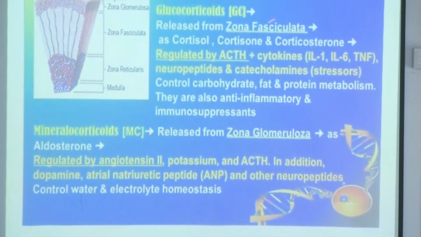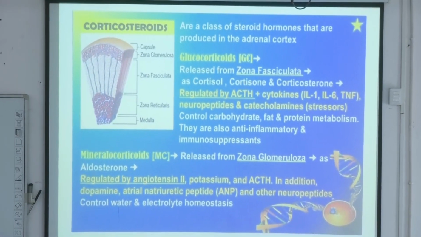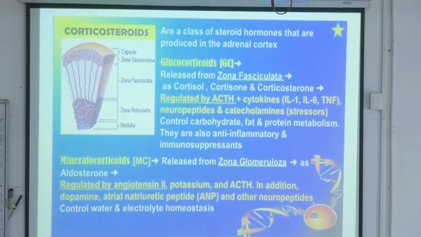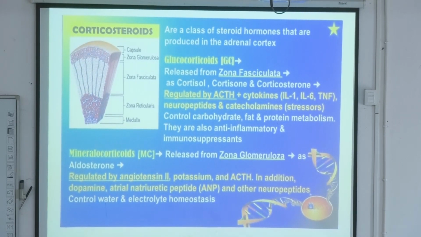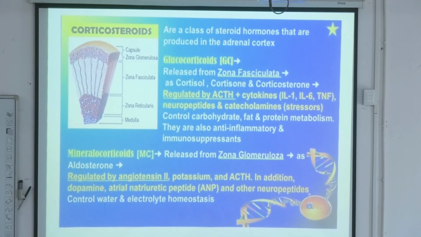Now, zona fasciculata secretes glucocorticoids. They are cortisol, cortisone, corticosterone. And secretion of glucocorticoids is regulated by... তো previous knowledge কি বলে? ACTH। পড়ে বললি না ভেবে বললি? পড়ে বললি, কি অনেস্ট ছেলে।